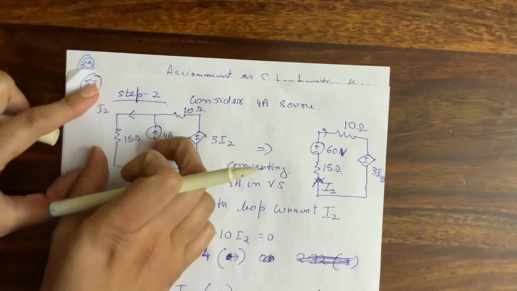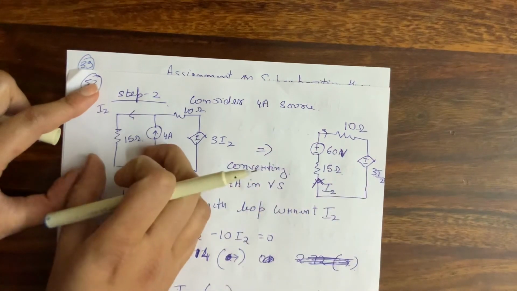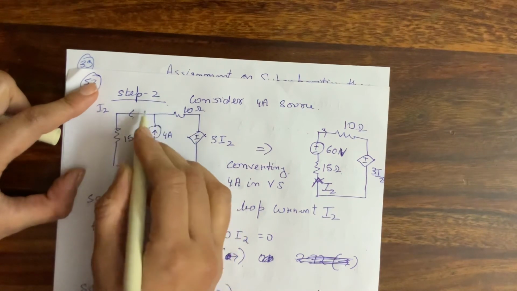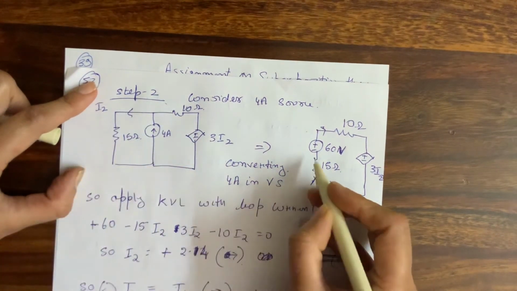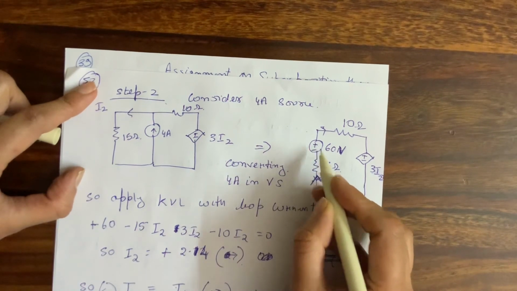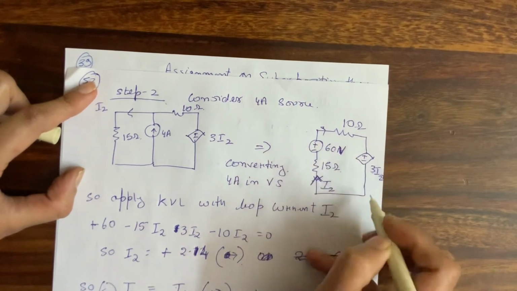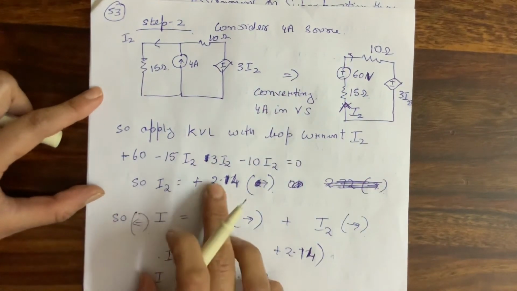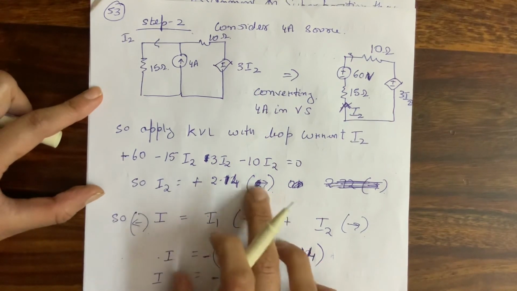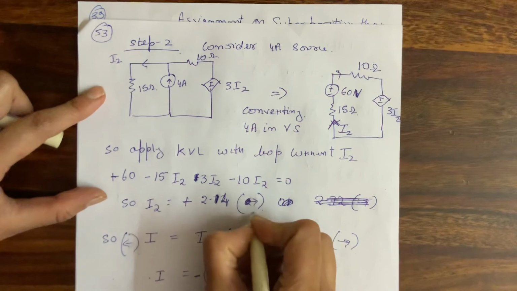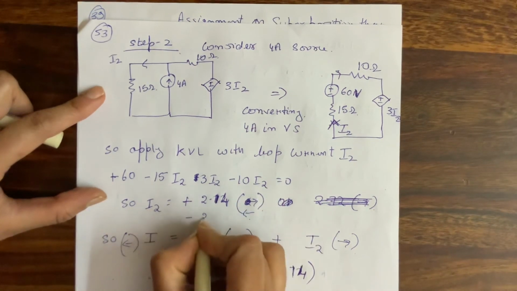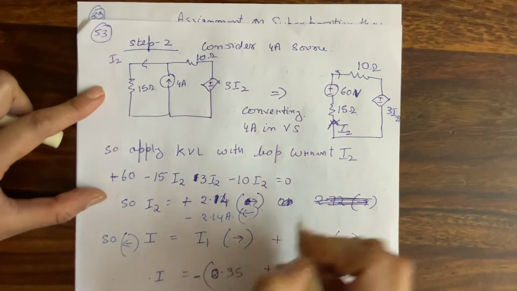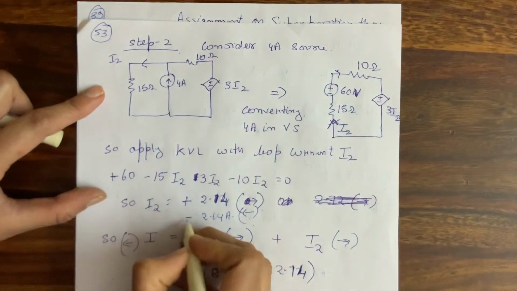Now when I am converting this source, the point to be noted here is that because of this 4 ampere, the direction of current was like this, because it was going through 15 ohm in this direction. But now since we have converted this into a voltage source, the direction will now be this, and my circuit will become this. Hence now applying KVL in this circuit, I found I2 is equal to 2.14 in the direction shown. Why does this direction have to be shown? Please mind it, if I take the opposite direction, then it will become minus 2.14. It is also right because the direction has become opposite. So whatever direction you are taking, please take the sign accordingly.